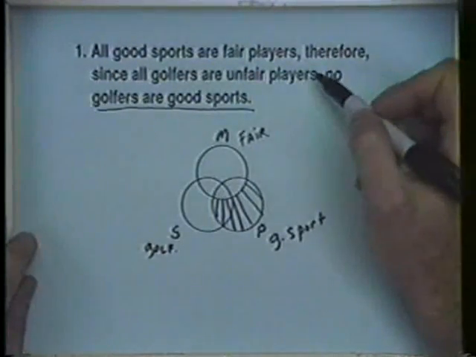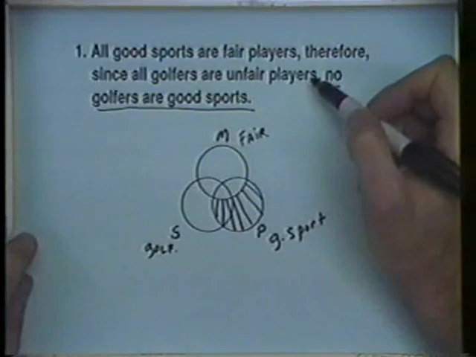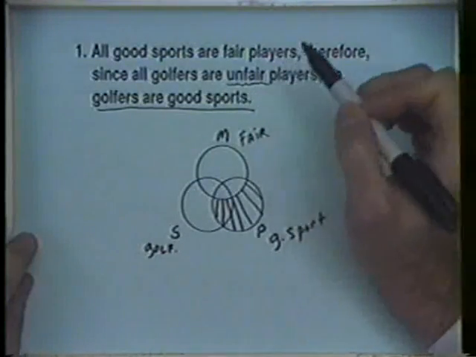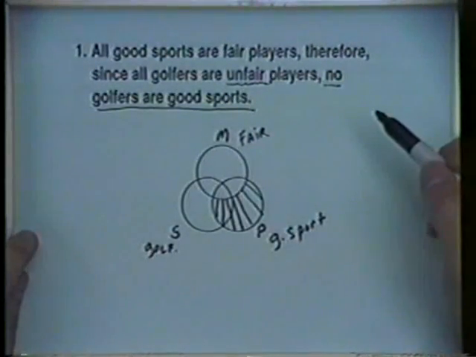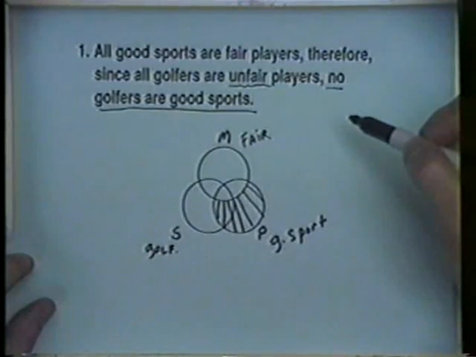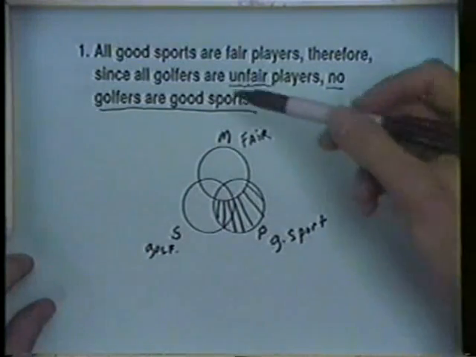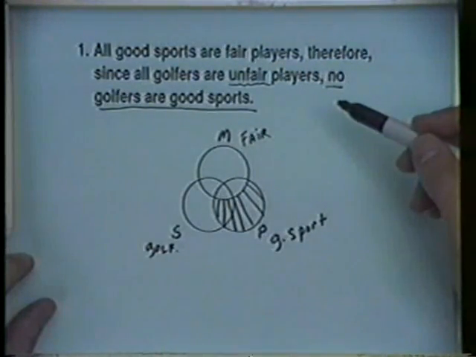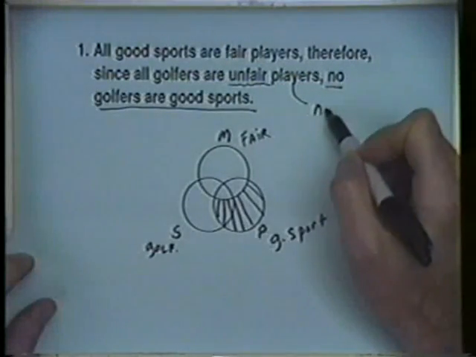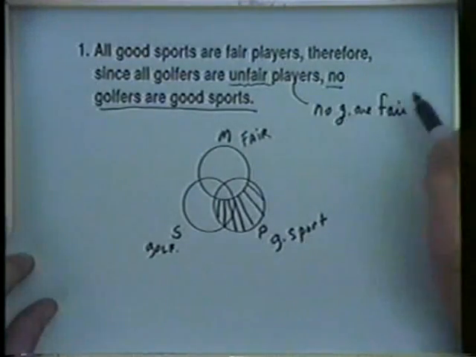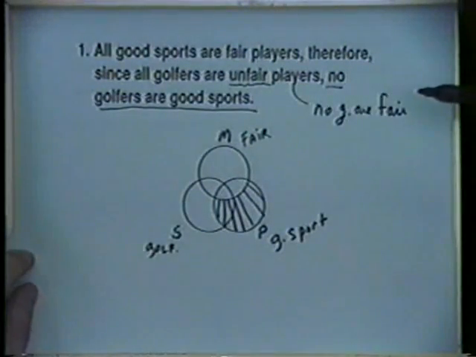Now look at the second premise. All golfers are unfair players. Notice that we have to do a little bit more work here because we've got unfair players and not fair players. So the second premise here has to be changed. And remember, we did this in the last unit, Unit 6. So we need something equivalent to all golfers are unfair players, but which uses the term fair. And of course, you should remember, no golfers are fair players is equivalent then to our second premise,